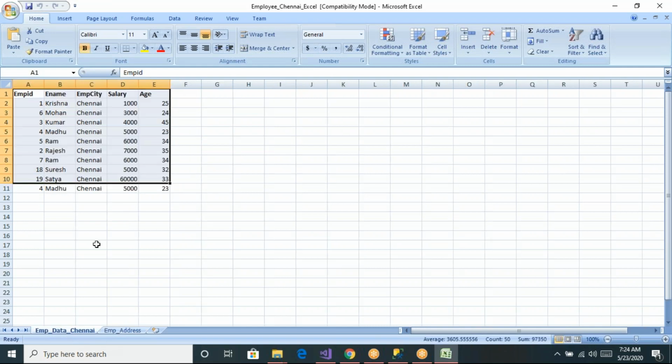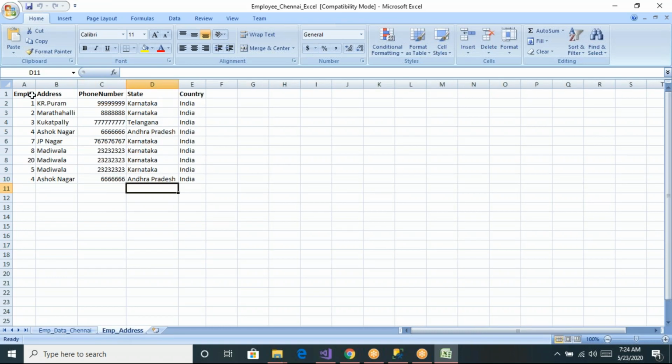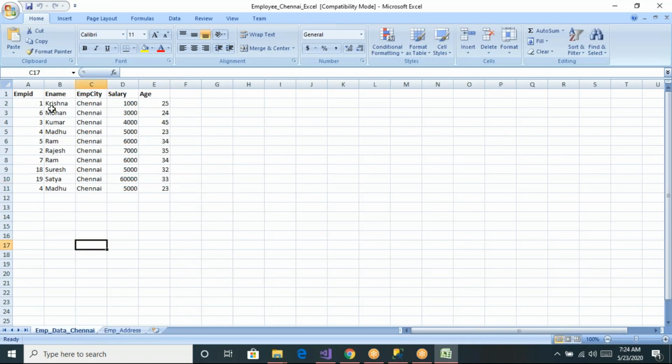In the first sheet I have the list of employees and their names, city name, salary and age. And in the second sheet I have the list of their addresses. So now my customer is asking, can you please load these two sets of data? A simple example. In real time we may get thousands of records also. But let me show you how to load this Excel file data into the SQL table.